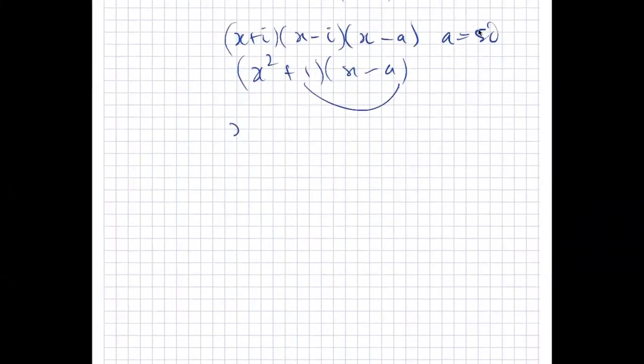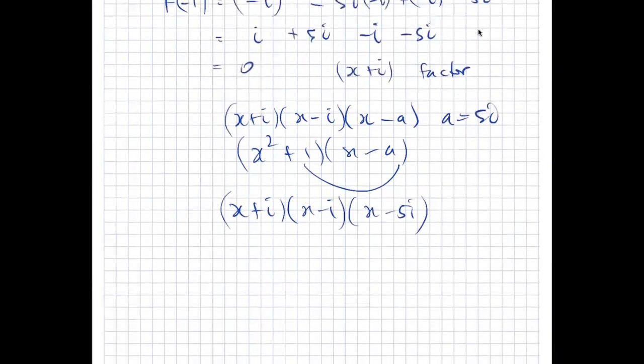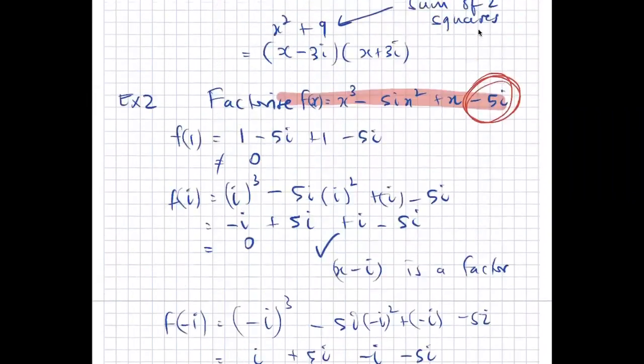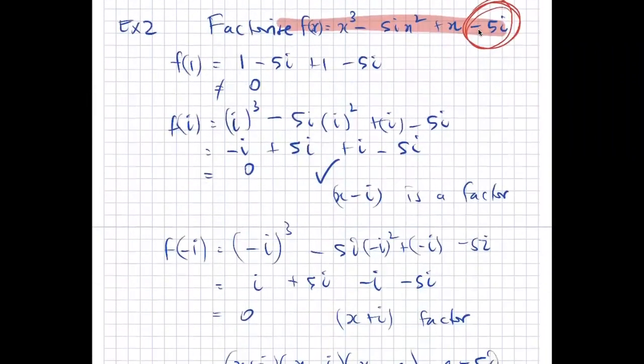So there it is there. Here's my factorized form now: x minus i, x plus i, x minus 5i. And again, if you try 5i into it, you can do that, I'm not going to. But if you put 5i into that, it'll work just fine. So that's that idea. All right,